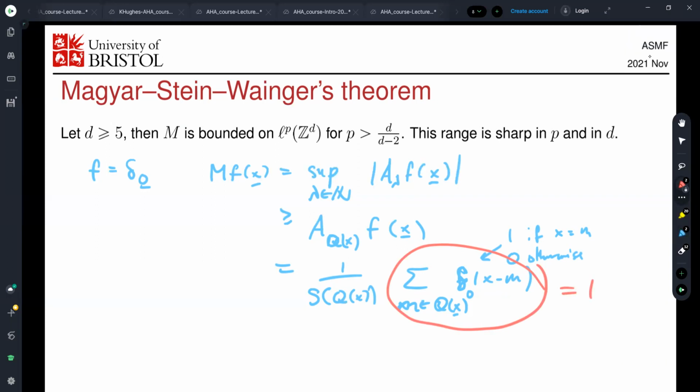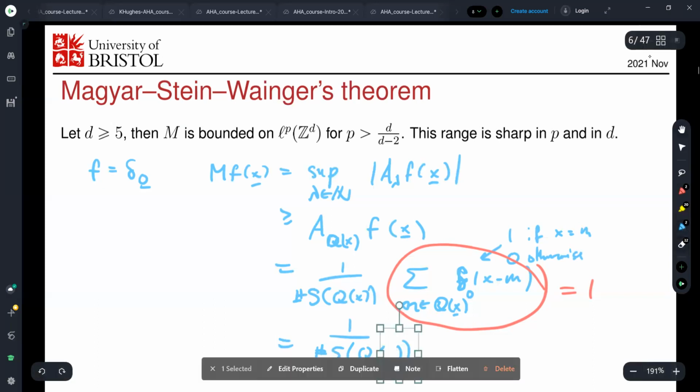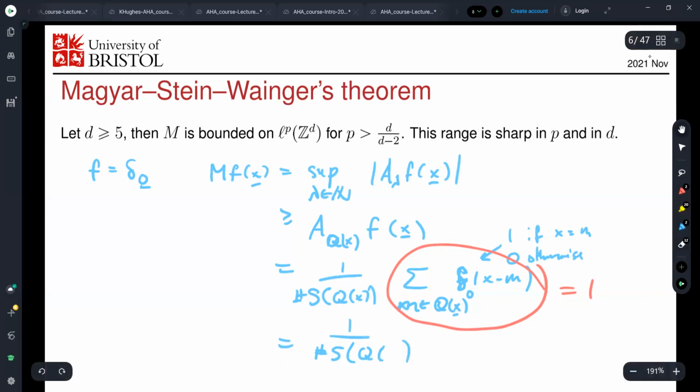And so we actually just have that this is greater than or equal to 1 over, oh, sorry, this is the cardinality. The cardinality of the number of points on the sphere of radius square root of q of x. And well, okay, we studied what that was in the first few lectures, right? We know that